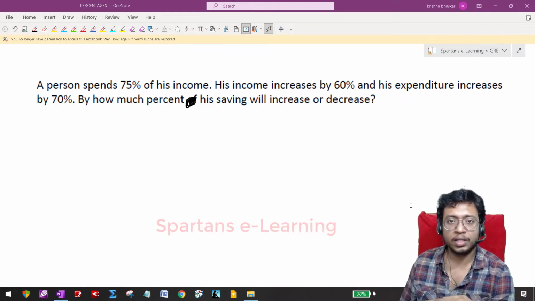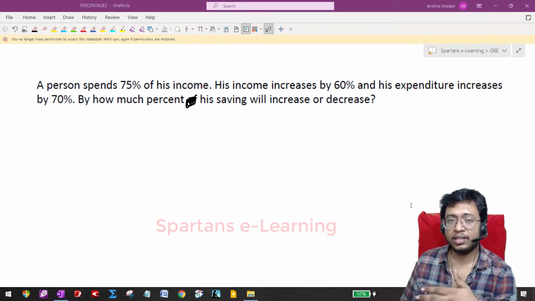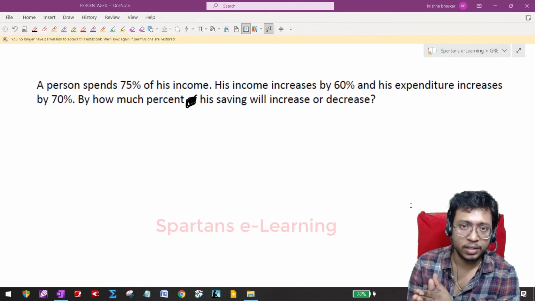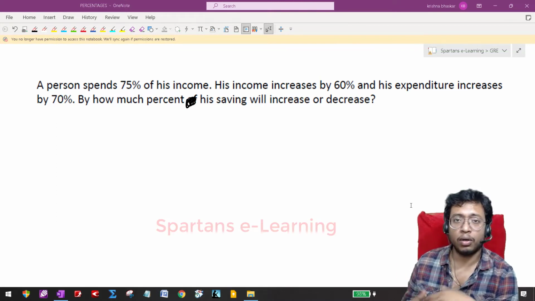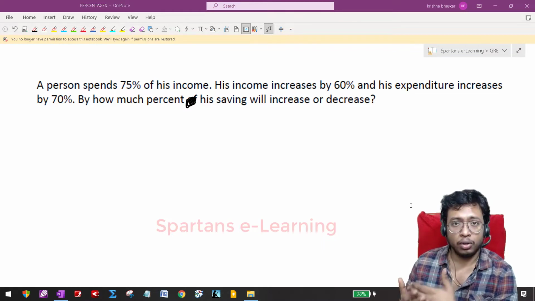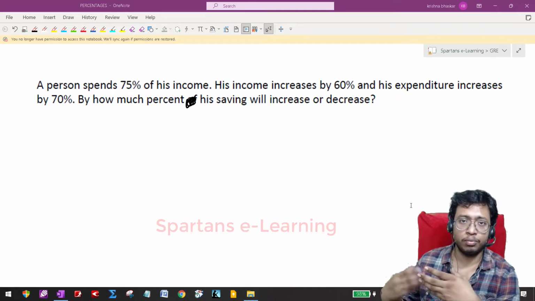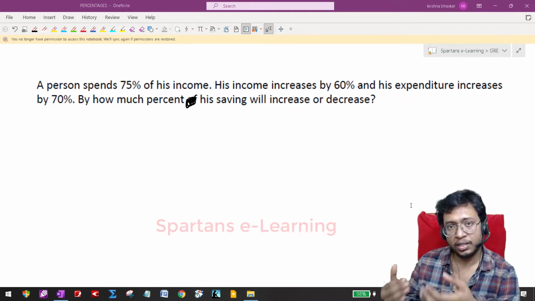Now this particular question can be solved in several ways. Not only this, any of your arithmetic questions can be solved in different ways, right? It all depends on your level of understanding and the logics you apply. The smarter you are, the less solution time it will take. This question can be solved using variables, which is a bit complicated and takes a lot of time. The second way is to assume some base number and solve that. That is a little bit better than the first approach.